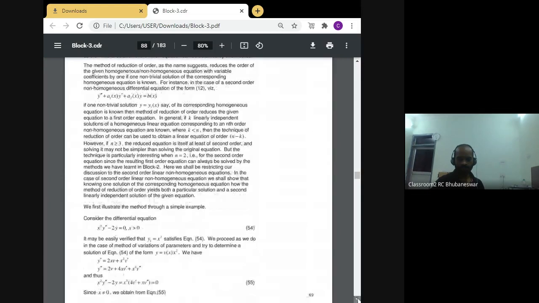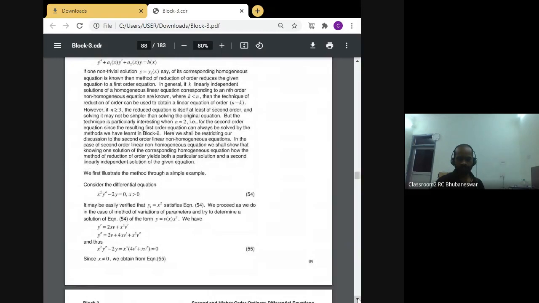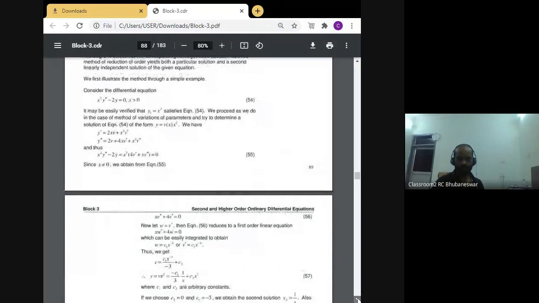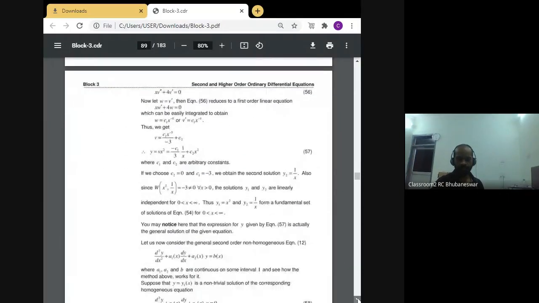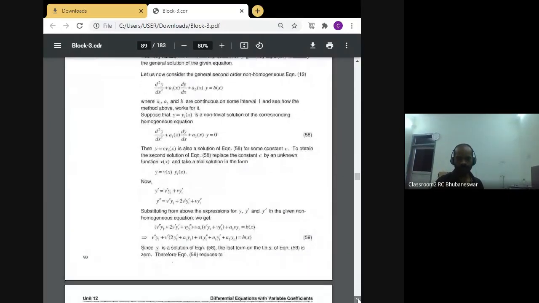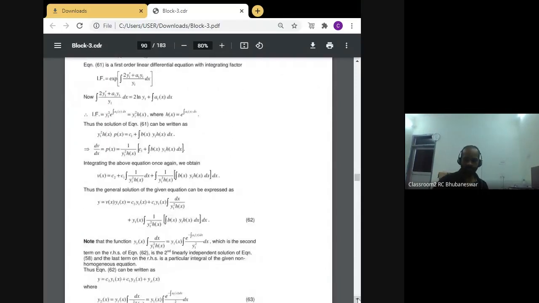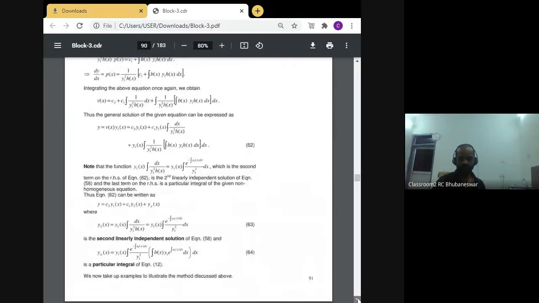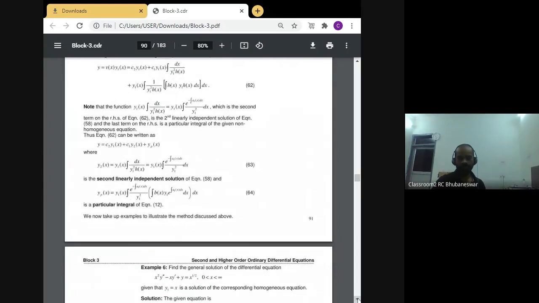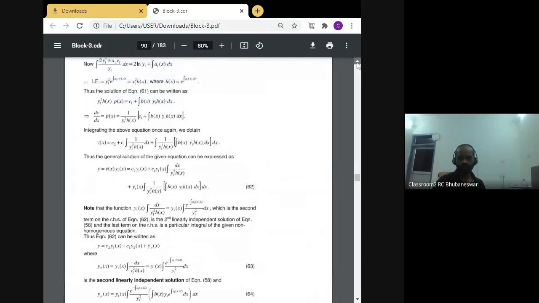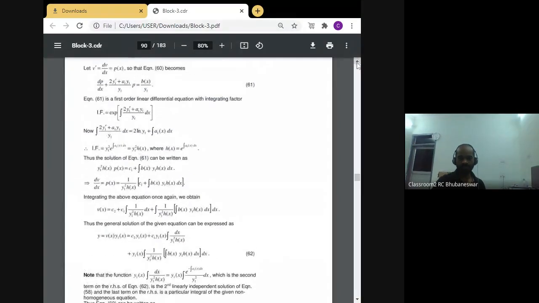So here an example is given. That means what is the basic idea, how we can approach finding the solution of a differential equation by using reduction of order. But before we discuss that, let us move to the general procedure, how generally we can reduce the order of a differential equation. So here the procedure has been discussed in this